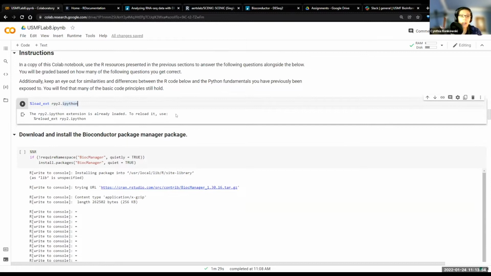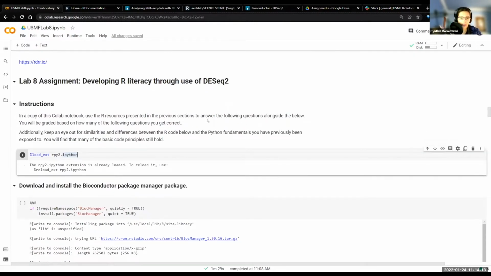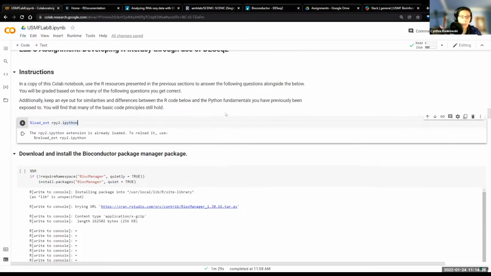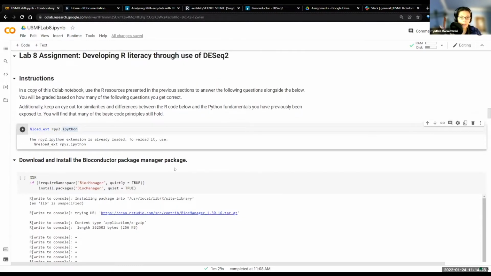In addition, keep a lookout for similarities between the R code and Python code you've used already, because sometimes the symbols are the same, and there are also general ideas that are the same, such as variables. In that way, you'll be able to read R a lot better if you use the Python knowledge that you have. Anyways, so starting off with running DESeq2,